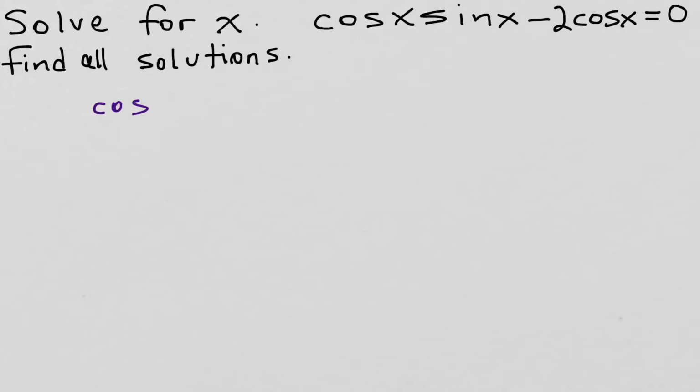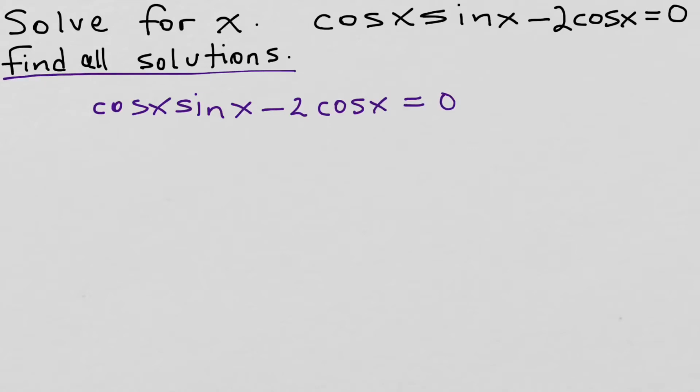Cosine of x, sine of x, minus 2 cosine of x is equal to 0. And this says find all solutions. So this means we want all of the coterminal angles for our final answer. So that'll be the n pi and the n 2 pi sort of business that we talked about back in 3.3a